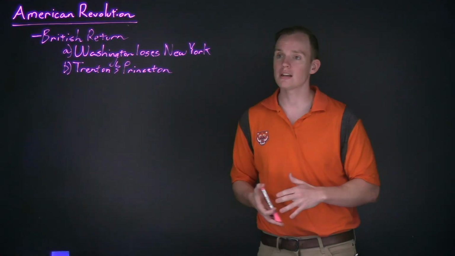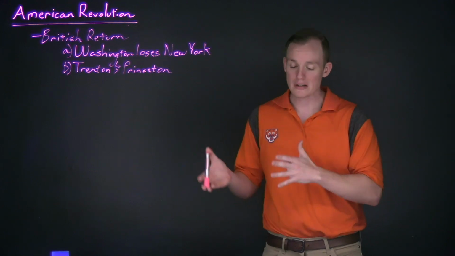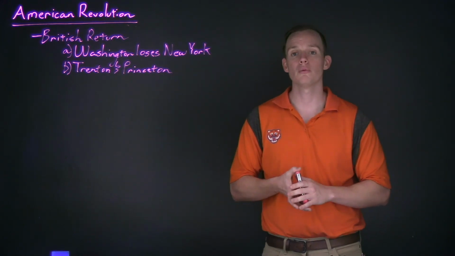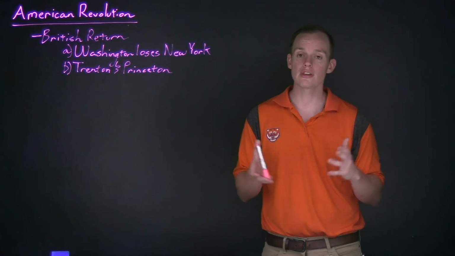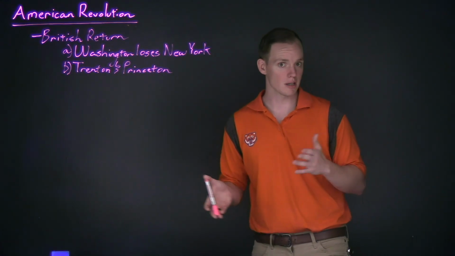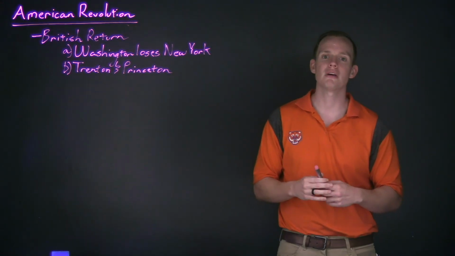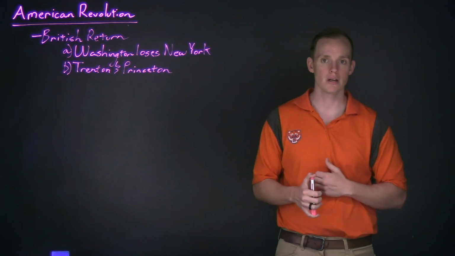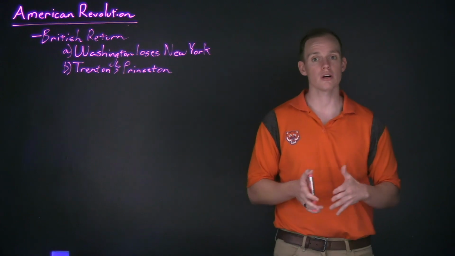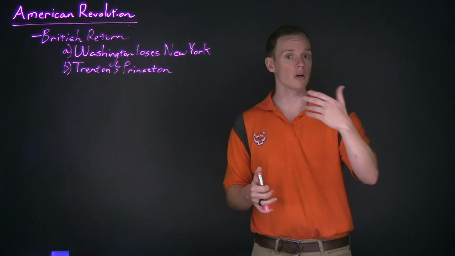And it looks like at the end of the year, with Patriot morale beginning to plummet, that the war was virtually over, and that their cause was lost. By December of 1776, the once large Continental Army that numbered 20,000 men was a measly 3,000 men. And many American soldiers serving in his army were threatening to go home because they weren't getting any pay from